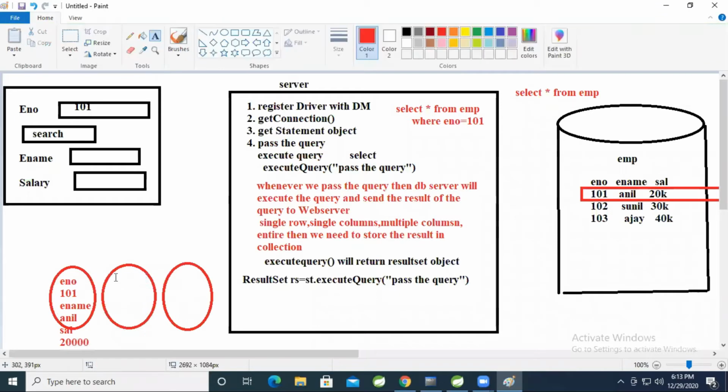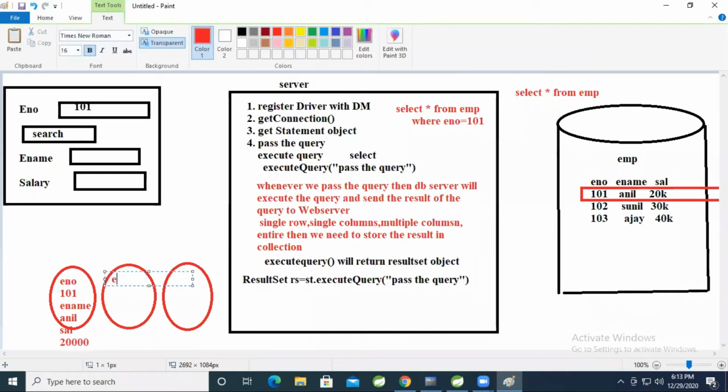Now you can ask me, sir, what do you mean to say? You are saying that database data will be stored in what, a collection? Yes. Array of objects? No, not arrays again. When you go for collections, not array. It is a collection only. Collection is nothing but a group of objects. Array is also one type of collection.